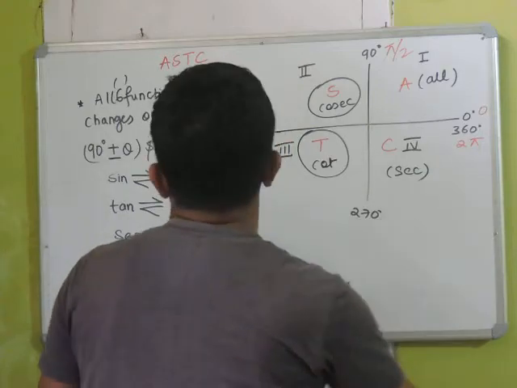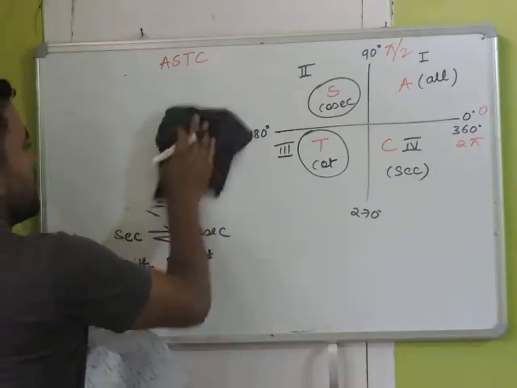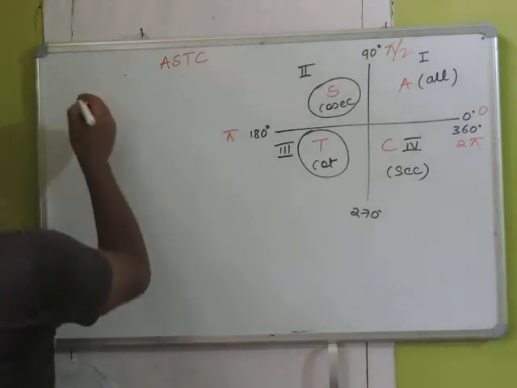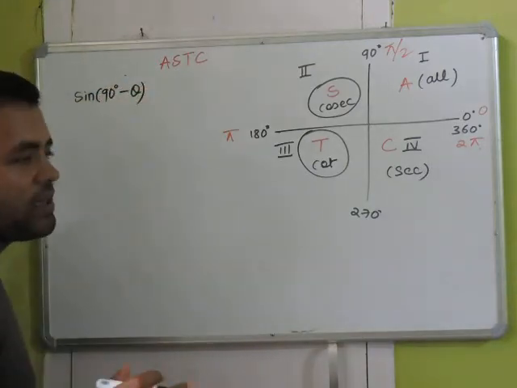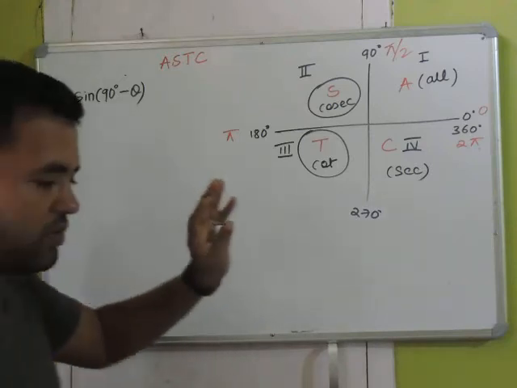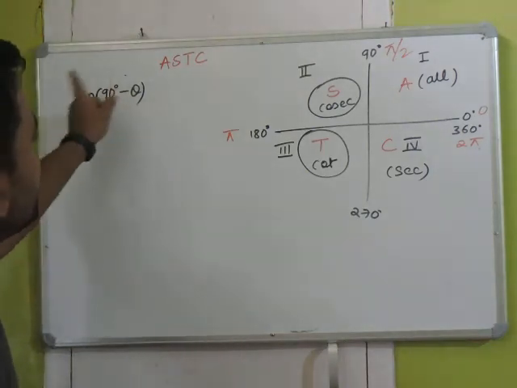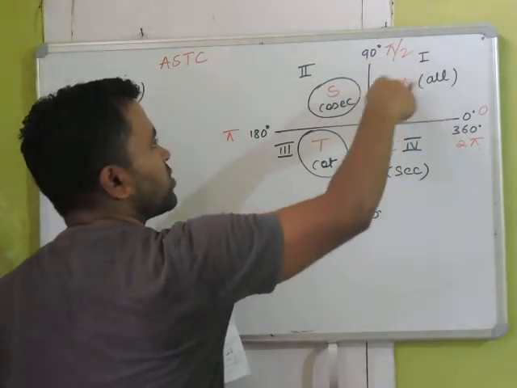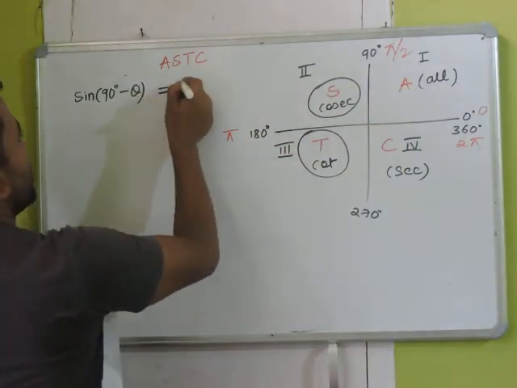Now I'm going to rub this, just keep a note of what I'm going to do now. Let us say, you remember, I guess, what is sine 90 minus theta? I guess from class 10 onwards you know this. First question I ask you: in which quadrant does this function lie? Sine 90 minus theta will be in the first quadrant, right? So sine 90 minus theta is equal to cos theta.